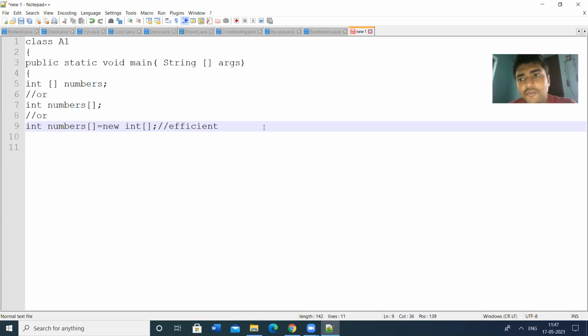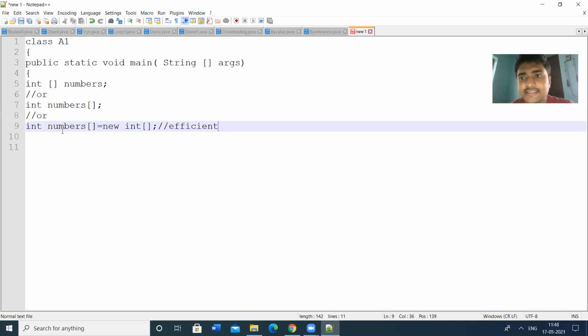Then we are going to initialize an array. Up to this declaration, that means variable declaration, int a. Then we have to assign the value to the variable, int a is equal to 10. That means assignment. There are two parts in variable declaration or array declaration. A variable stores a single value, whereas an array holds more than one element. That is the main difference between an array and a variable.